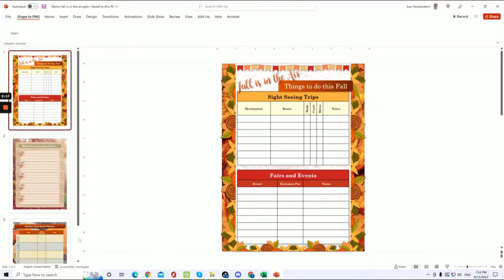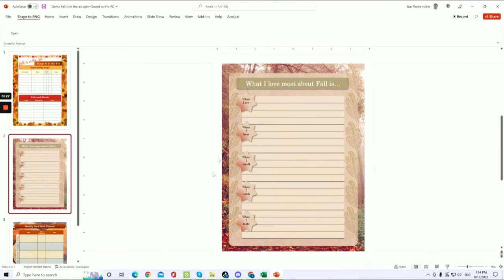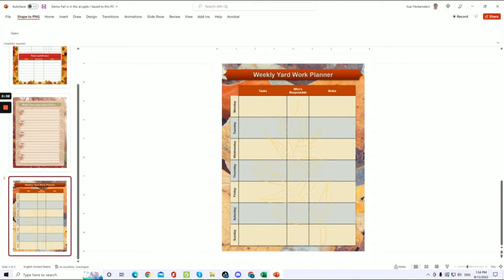So as you'll see, the pack has three different slide layouts. We've got things to do this fall, sightseeing trips, the fairs and events. And then, just like a daily journal page, what I love most about fall, things I see, things I hear, things I smell, touch, and taste. And then we've got a yard work planner